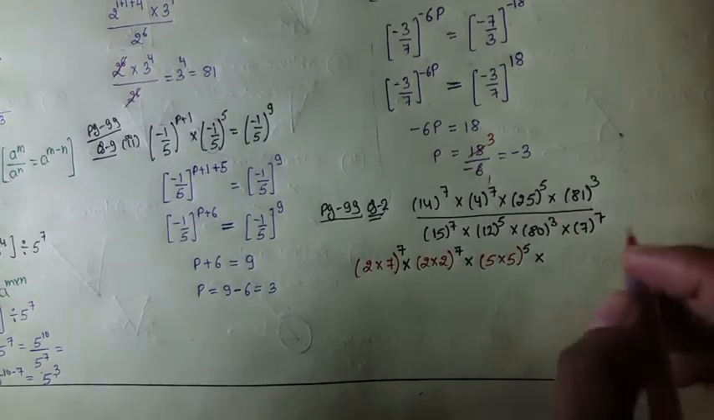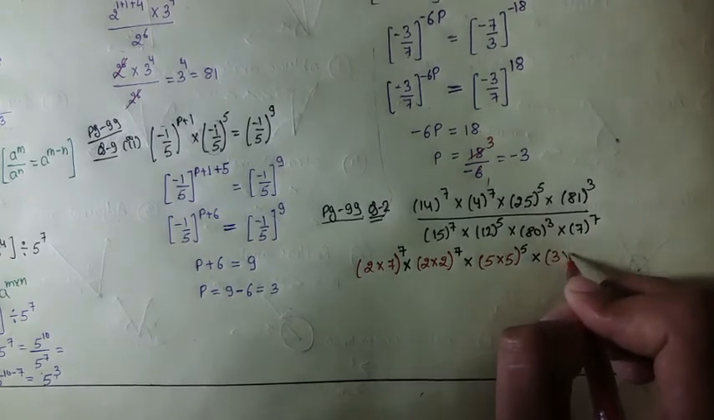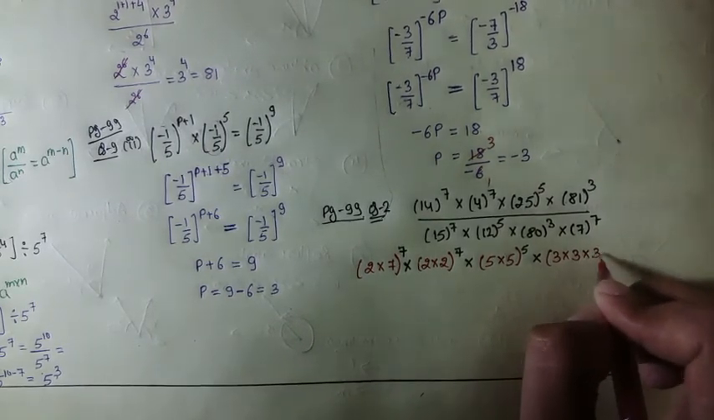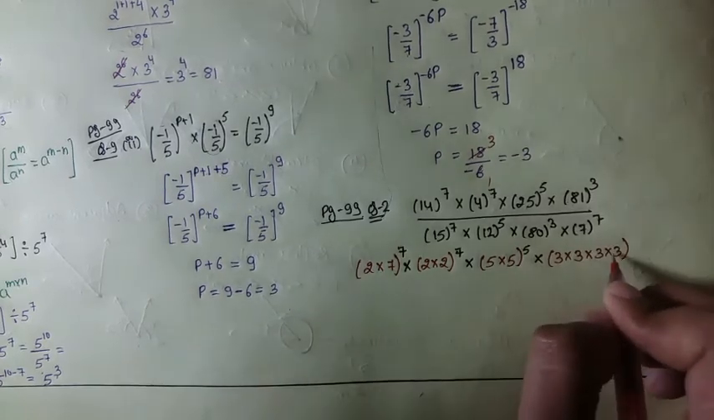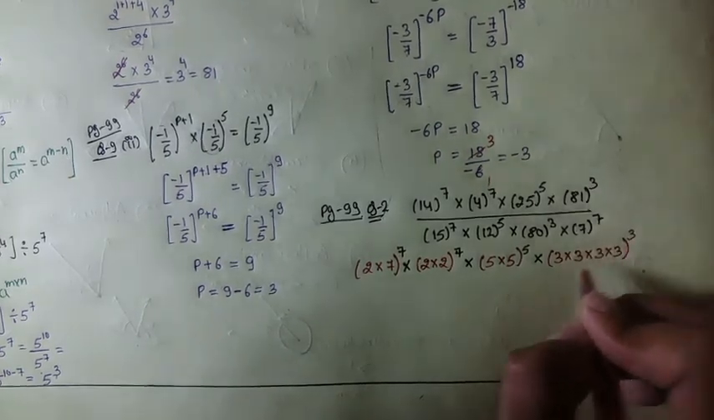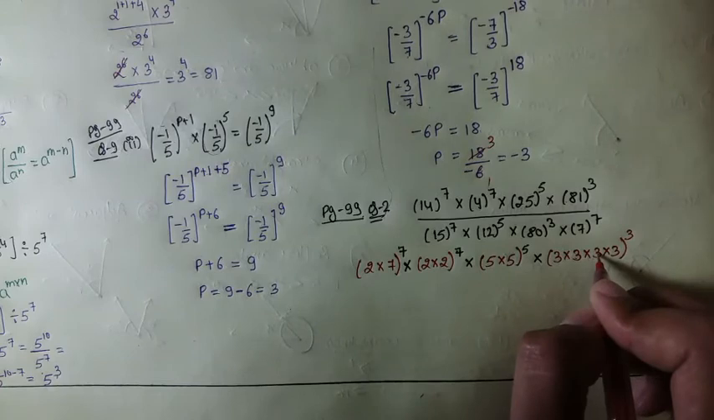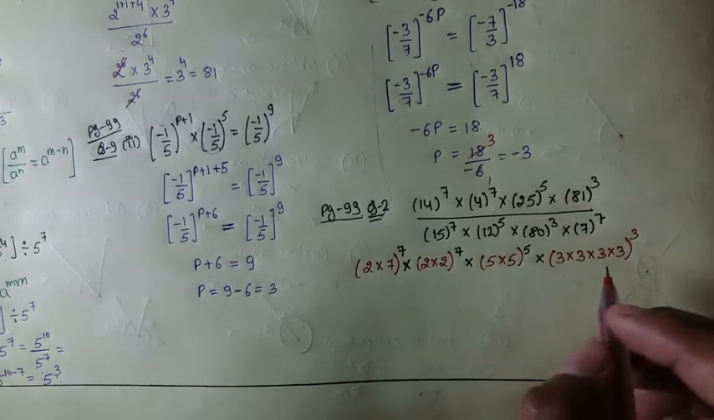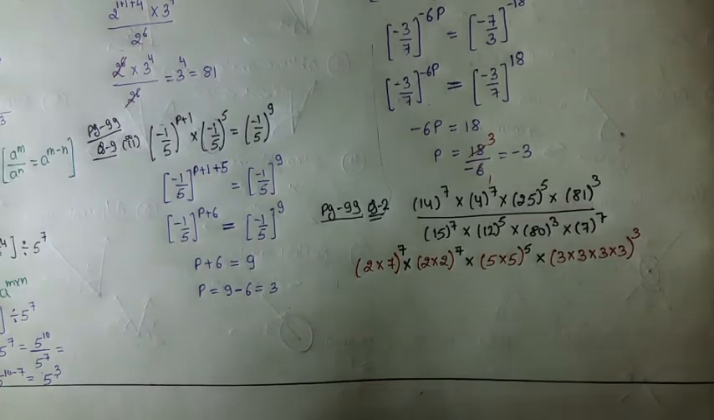81 can be written as 3 into 3 into 3 into 3. You have to write the prime factorization. Prime factors लिखने हैं. See, 3 3s are 9, 9 3s are 27, 27 3s are 81. Whole divided by